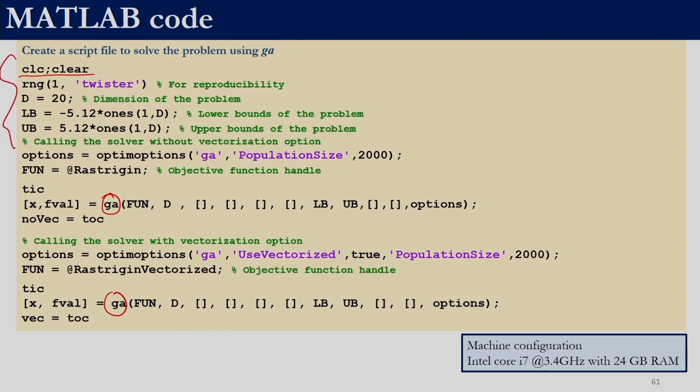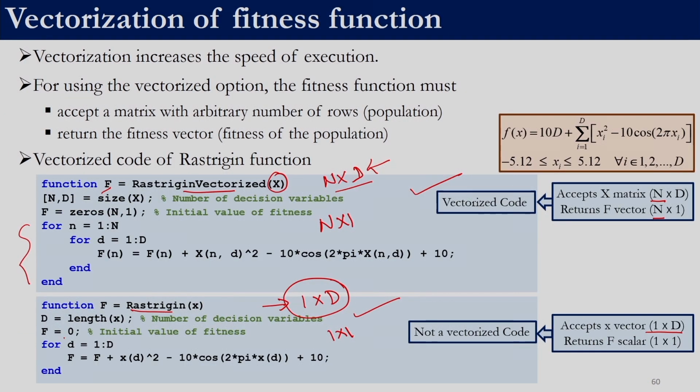These statements by now you understand, right. So, we are taking a population size of 2000, right. By default GA has a population size, so we are overriding the default option, right. The name of the solver, the appropriate keyword, in this case population size, and then the value for that. We are using the function optimoptions to set this, and we are defining it in a variable options, right. And then we have this objective function Rastrigin, which, if you remember, is not a vectorized code, it can receive only one solution at a time.